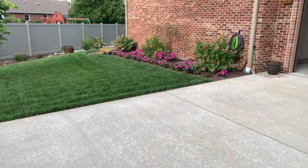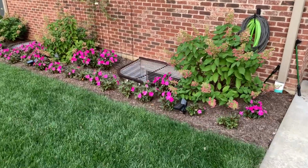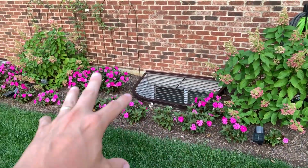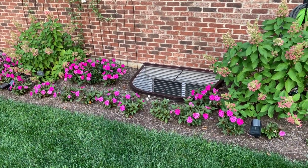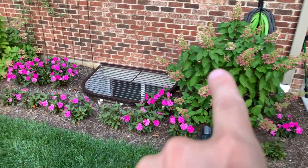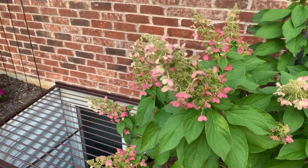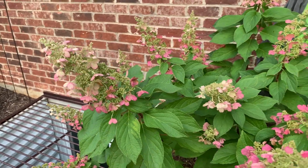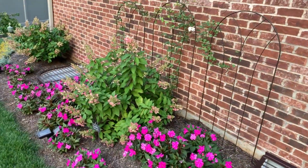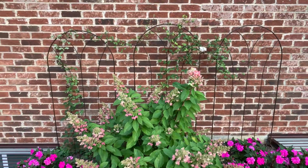So over here I've got some more sun patiens, as you can see, filling in this area. Like the ones in the front, some of them are getting bushier than others. I think that's just my watering. Pinky Winky Hydrangeas, as you can see, they're doing fantastic and have that gorgeous foliage that Pinky Winkies are known for. We have another Pinky Winky, and then behind that I have